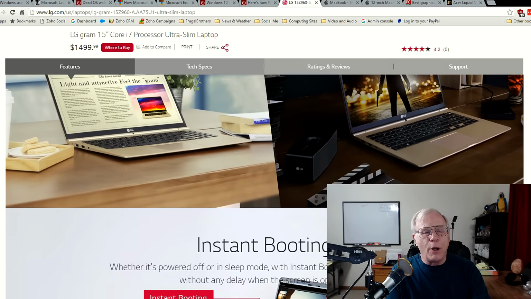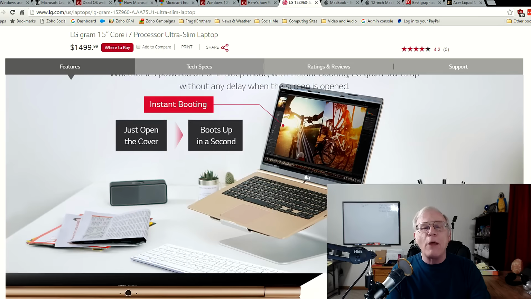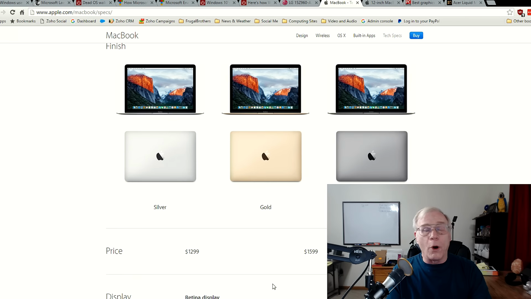Instant boot, open the lid, bang. You are computing right then and there. By the way, $14.99, which if we go to the MacBook, $15.99, 12-inch. So you're getting a lot bigger display, which I happen to like, the 15.6-inch form factor. I wish that Apple didn't do away with the 17-inch MacBook Pro, but they did, so be it.